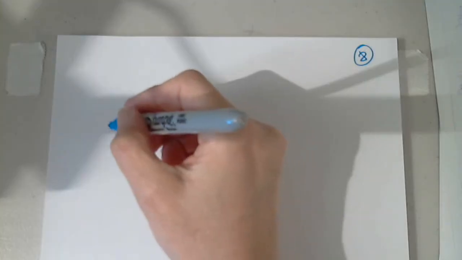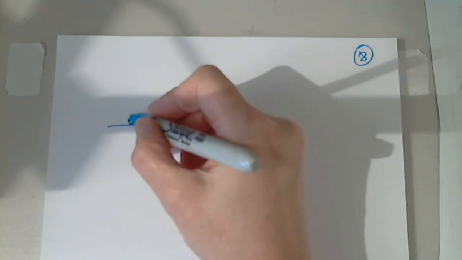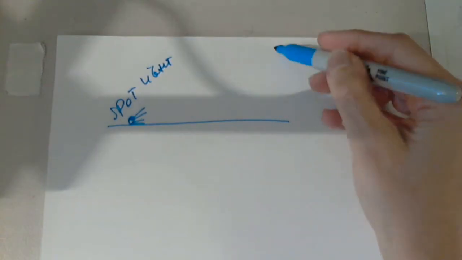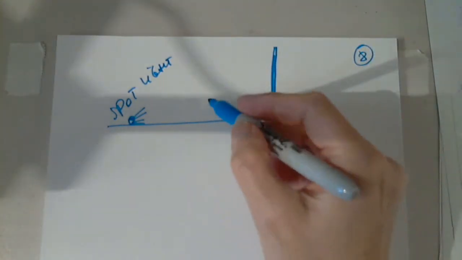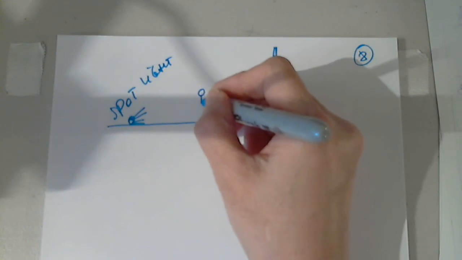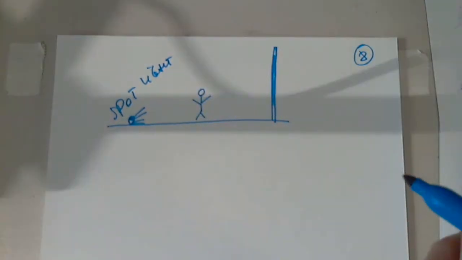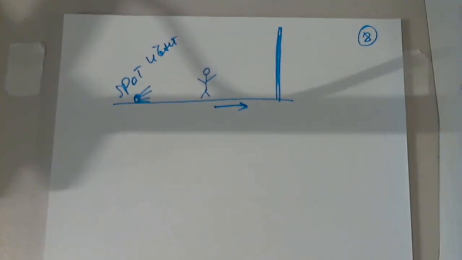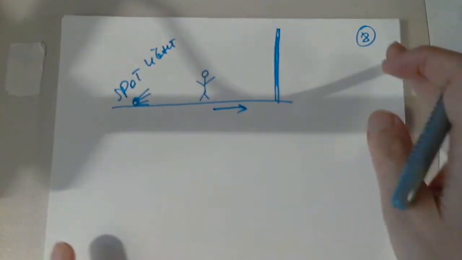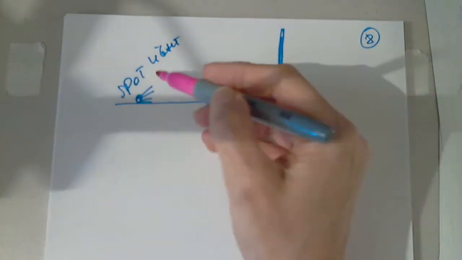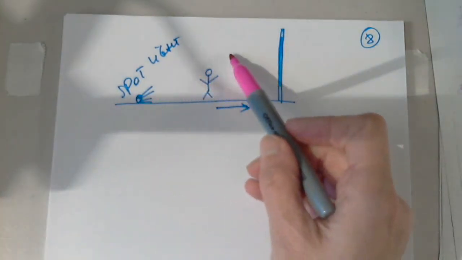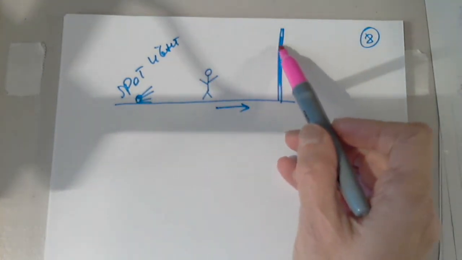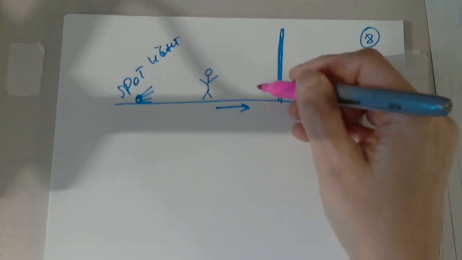Something like, here it is. We have a spotlight on the ground. And here's a wall. And here's a person. Forgive me, I cannot draw a person. Walking towards the wall. So this person maybe started here. Well, we don't care where he started. But when he was here, let's say, here is the shadow on the wall. When he's here, the shadow on the wall is this high. When he is here,